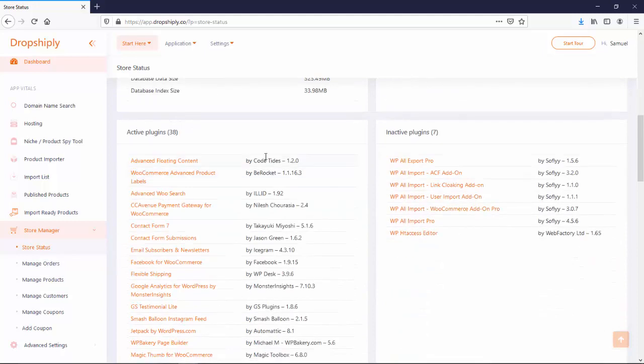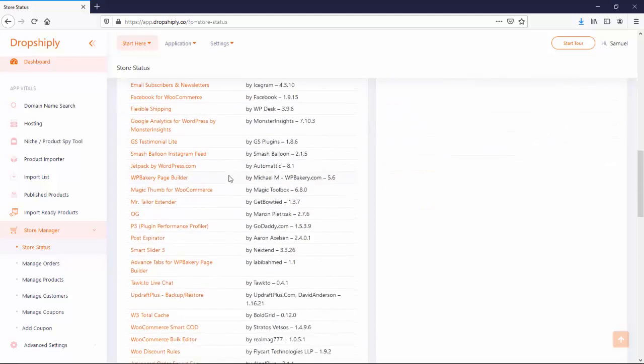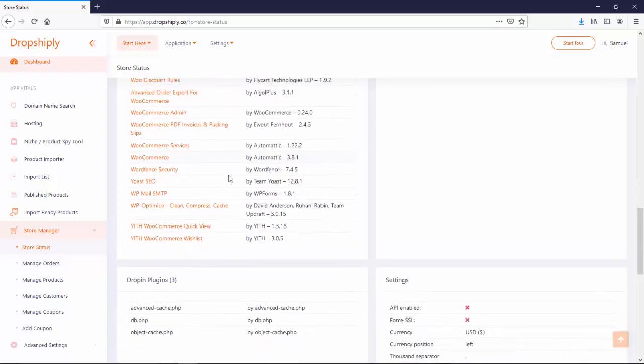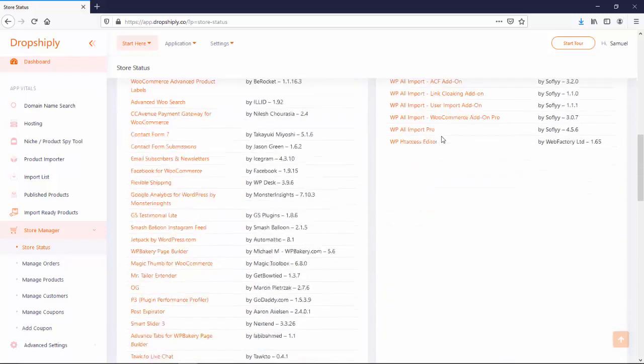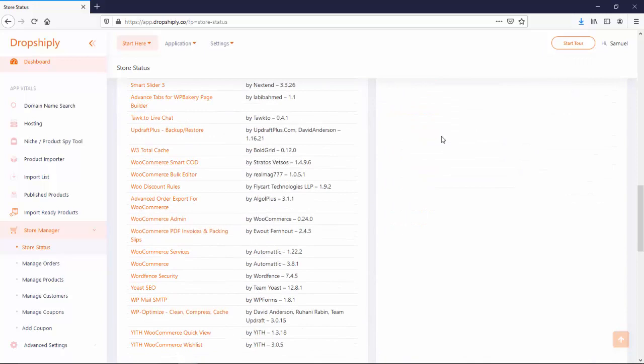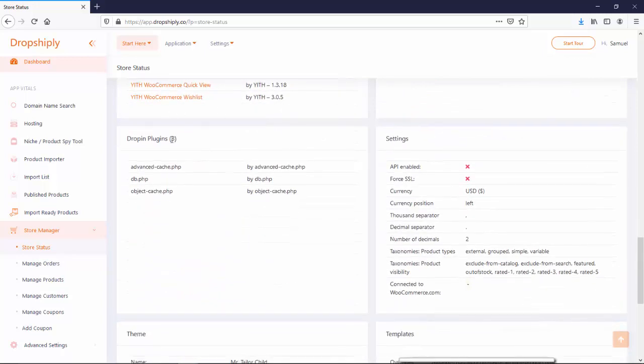database, security. Oh, and this one right here, this is killer information because it tells you all the plugins that are currently installed on your store. Okay, it also tells you the ones that are inactive. So right now, this client has 38 plugins installed. So yeah, $350,000 in sales. I can see that. Inactive plugins, so 7 inactive plugins, and then of course you can check other plugins,